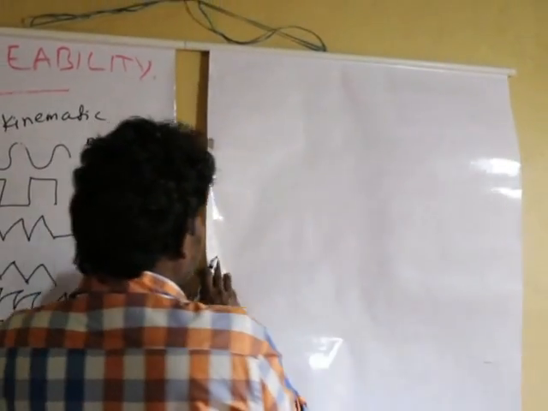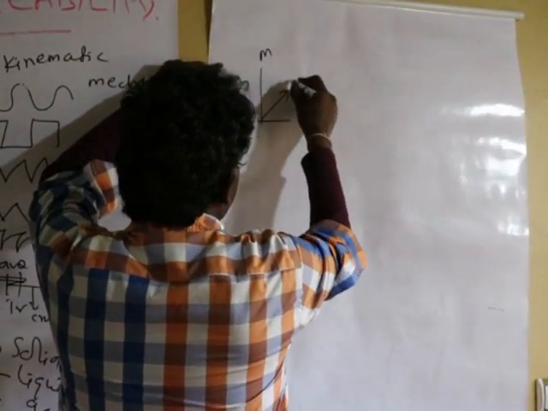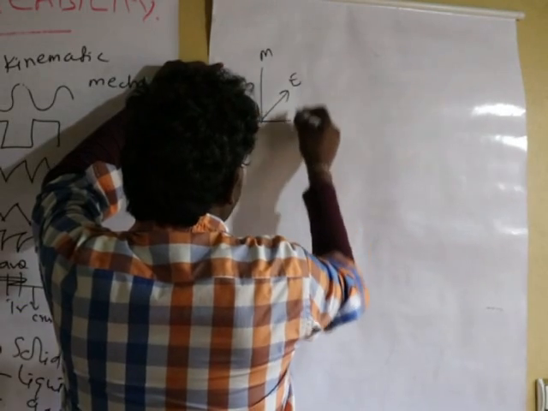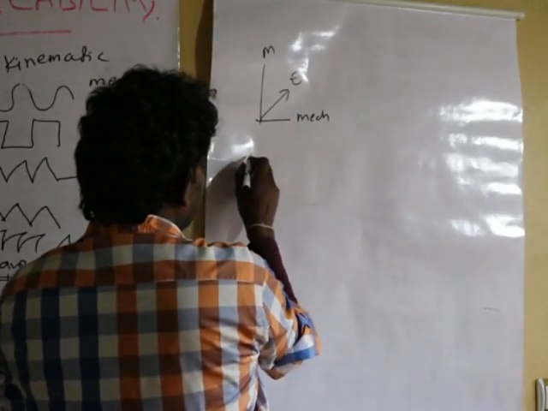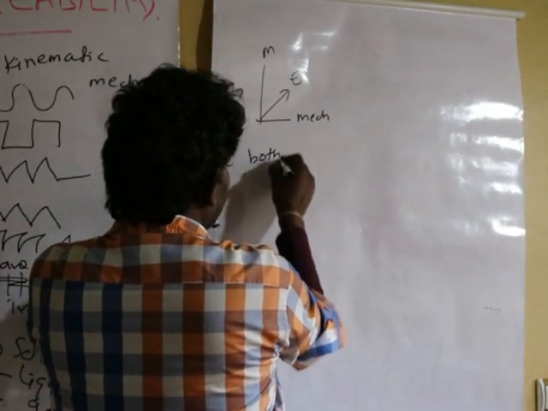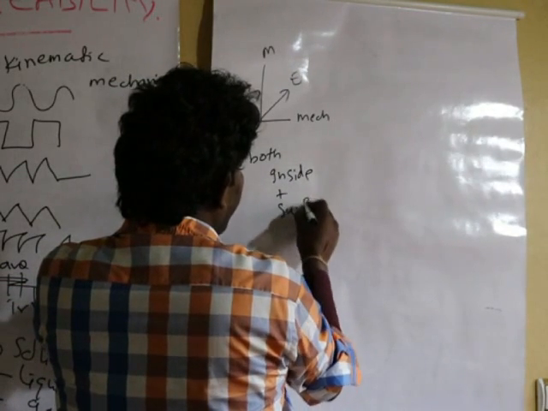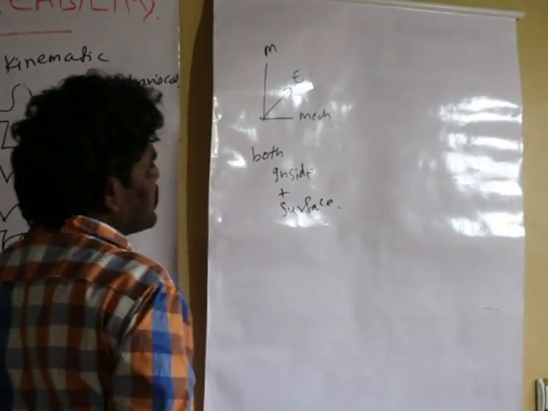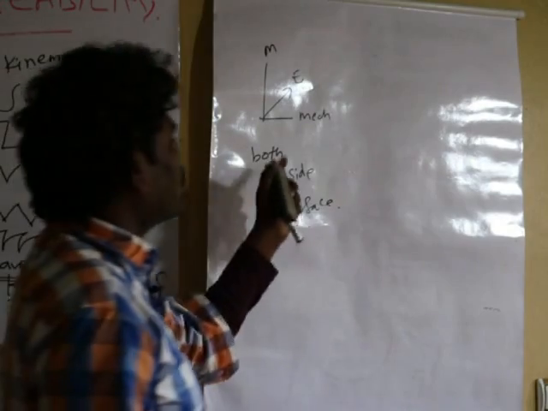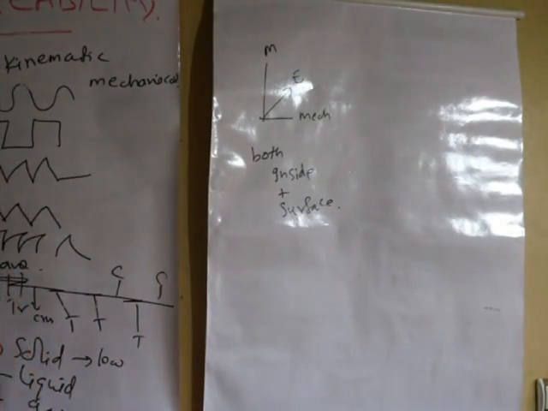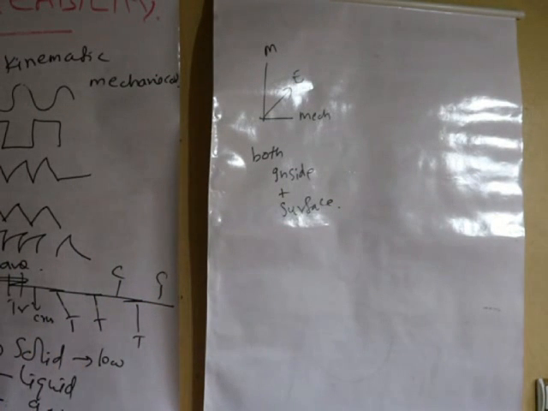When you take another kind of technique, we will have an electromagnetic one. This is magnetic, electric, mechanical. In this case it will be possible both inside plus surface. In everywhere it is present. It can be possible inside the surface, or it can be possible outside the surface of the material. Usually that kind of energy we call electromagnetic energy,